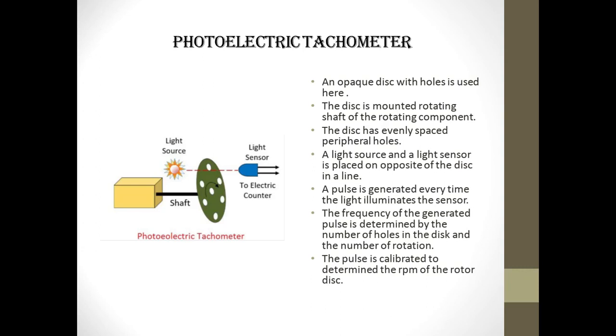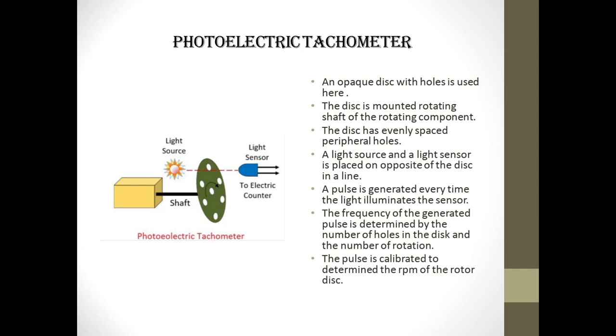They are as follows. Number 1, the output format is digital, and this means that if the tachometer is part of a digital instrumentation system, no analog to digital conversion is necessary. Number 2, the pulse amplitudes are constant. This simplifies the electronic circuitry. Disadvantages: a disadvantage is that the light source must be replaced from time to time. A typical lifespan of a light source is 50,000 hours.